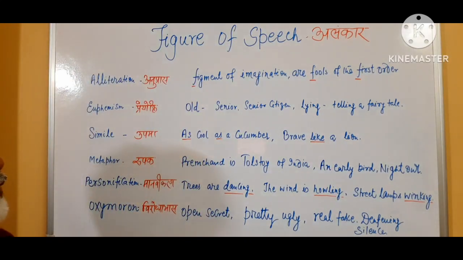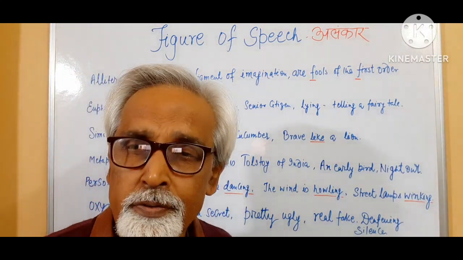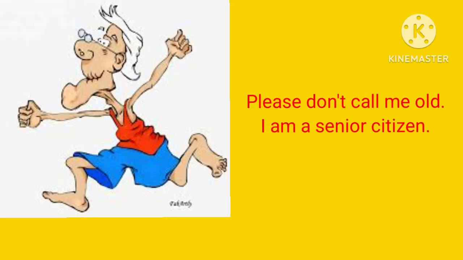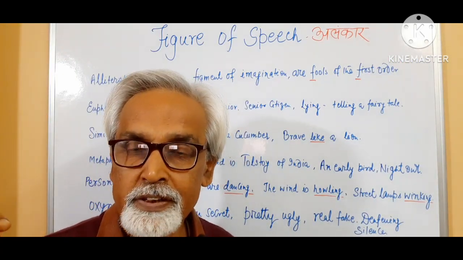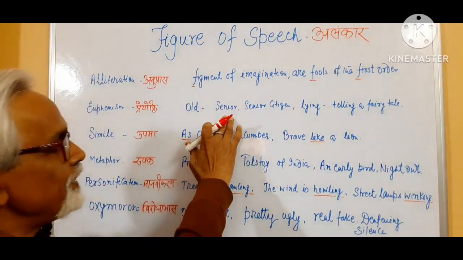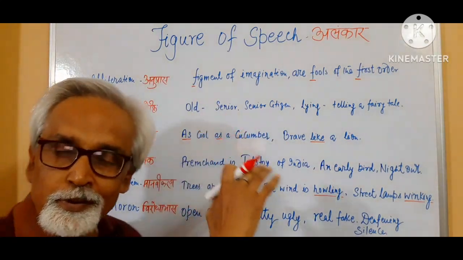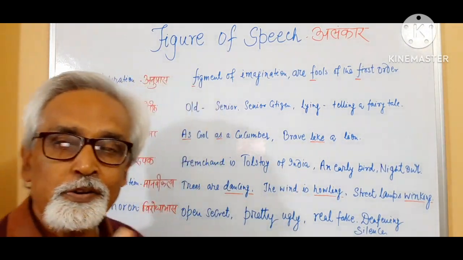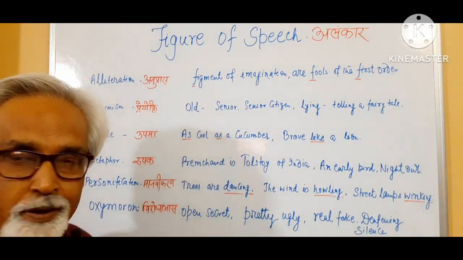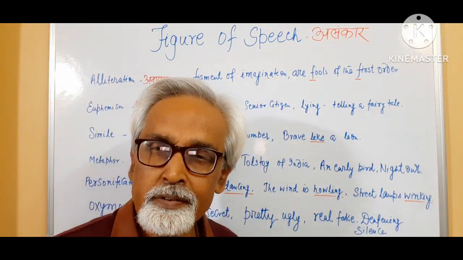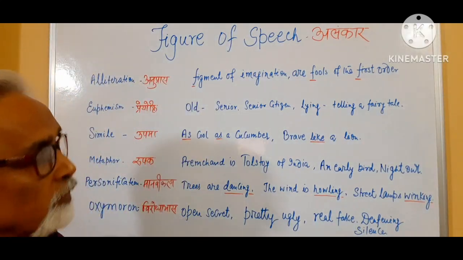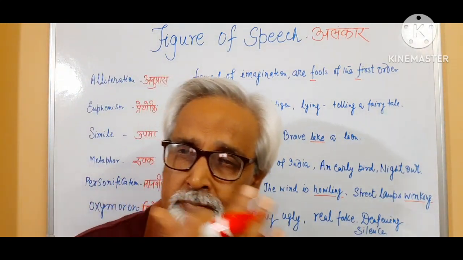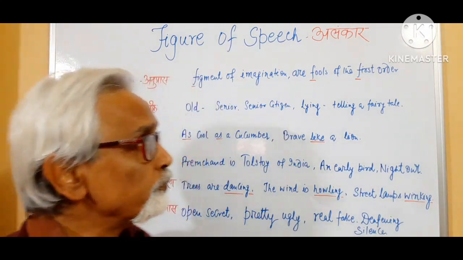euphemism. Clear? For example, I am old, but I may get hurt if someone bluntly calls me old man. No, I would prefer to be called senior citizen. So senior citizen or senior is a good example of how euphemism can be used. Similarly, may I go to toilet? No. May I go to washroom? Is there any washroom here? Clear? So toilet can be replaced by washroom.